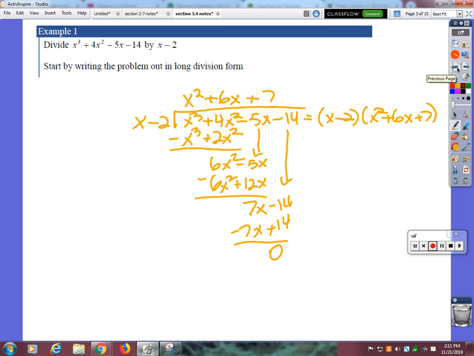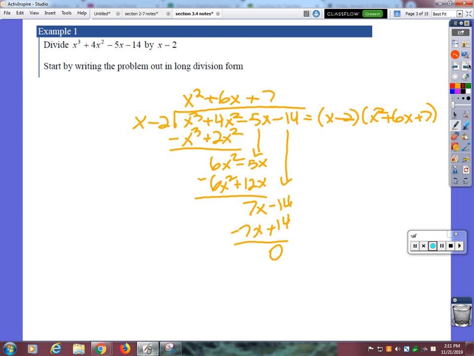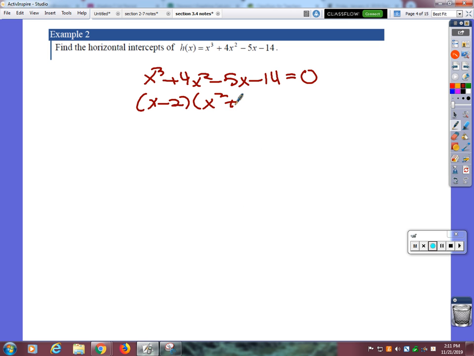This thing right here is the same as this thing right here. So we know that we can factor this into x minus 2 times x squared plus 6x plus 7. Okay? So now we've broken it down into two much easier problems